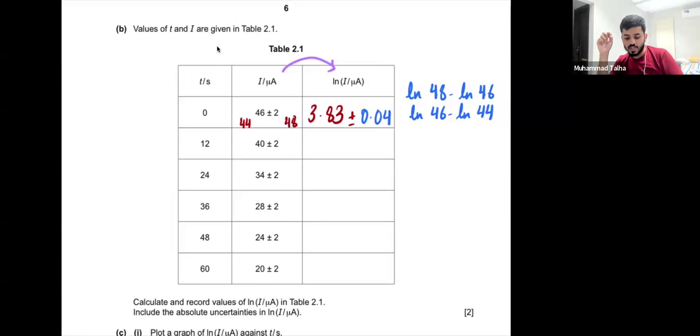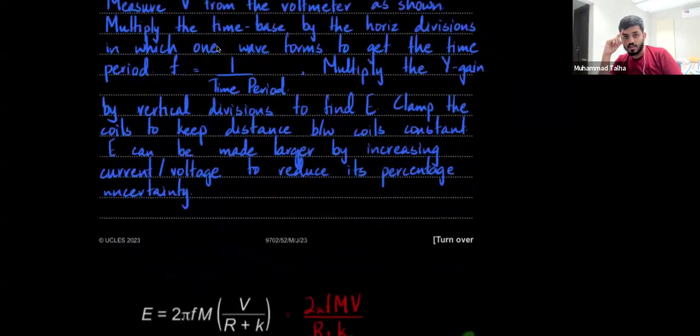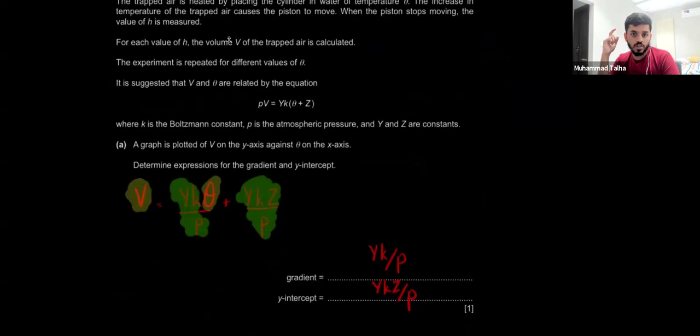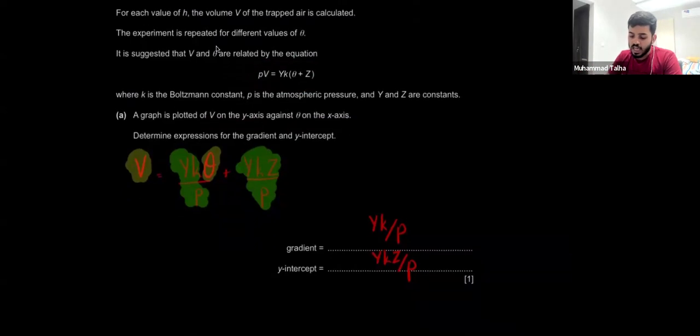Error bars, all right. Let me explain in the context of a question that I've already done then. This was a question, the recording of which is also available. I have a question: how did we determine the y-intercept? Look, Usman, I'll go through this once again in the context of this new equation. For example, if you look here, this says PV equals yk theta plus z. This is the equation. It explicitly tells you that a graph is plotted of v on the y-axis, theta on the x-axis, right? Now, if you remember this straight line equation,